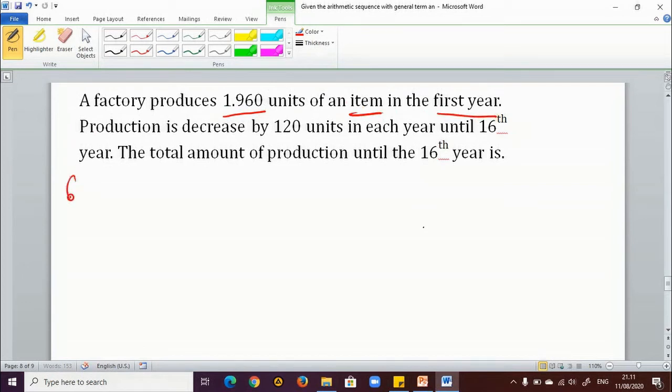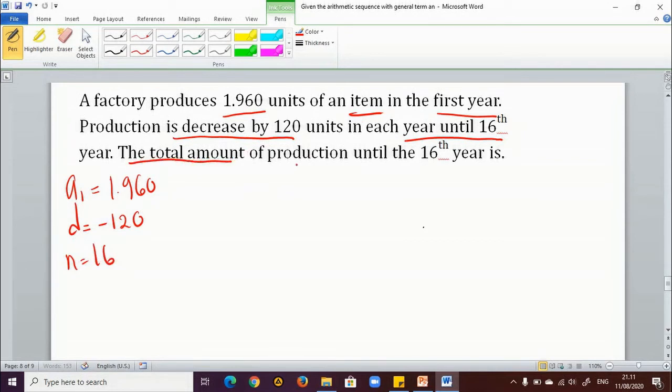So we can write the first term is equal to 1960 units, and then the production decreases by 120. So we can write the difference is minus 120 units, until 16 years. So n is equal to 16. They told us the total amount of production until 16, so this means you need to find